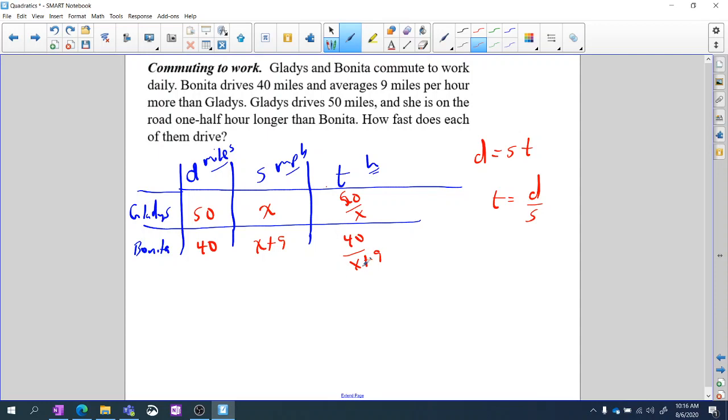Then that column that you fill in with the formula, there's some information about it in here that will allow you to turn this into an equation. This is the key right here. Gladys is on the road 1/2 hour longer than Bonita. That means her time driving is 1/2 of an hour more than Bonita. So Bonita's time,